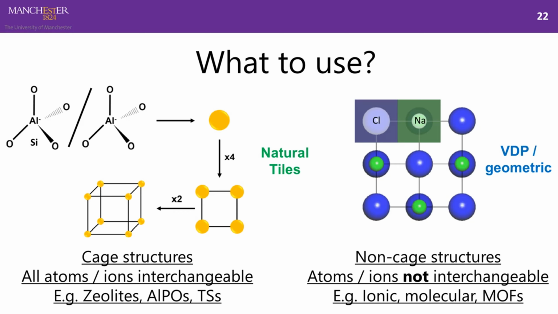And another extreme example, a metal organic framework structure, which technically is classed as a framework material. You can't replace a linker unit in the crystal structure with a metal unit because it disrupts the crystal structure completely. So most situations you'll be using the net approach, which can use the VDP approach, or the geometric or distance-based approach. 9 times out of 10 you'll be using this approach. Natural tiles are solely reserved for really complicated unit cells, which can be built by cages, where you want to study each unit at a time, rather than breaking it down all the way to the atomic level,